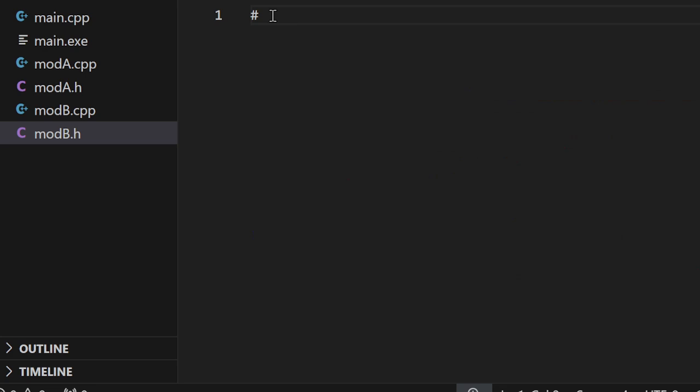You can do that by using this syntax: if not defined, you can give one name. Usually it should be some name that is identifiable through the name of the file itself. So I'm using mod b underscore h